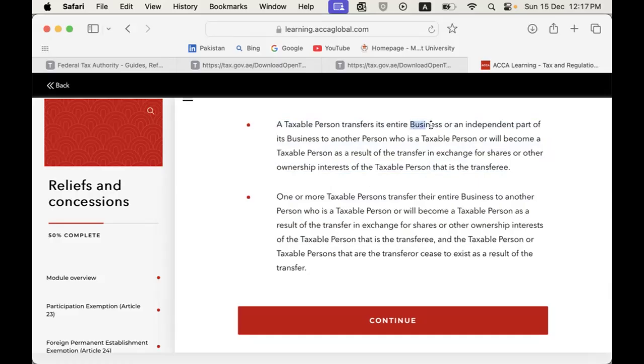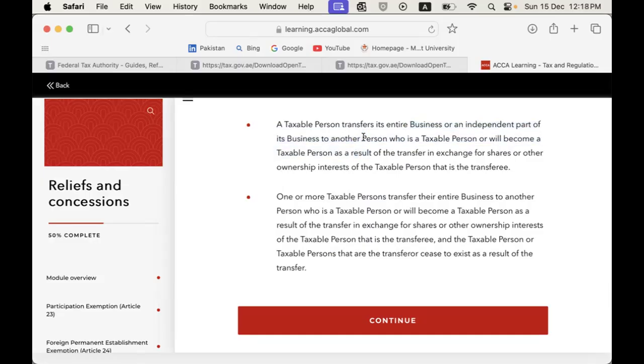Basically what we are saying is, for example, let's say we had a manufacturing division or a plant, and we transferred all of that to another acquirer. And we disclosed it in our financial statements as a discontinued operation, or this is being disposed of to another company, right? So this is kind of a transfer of assets to another person.